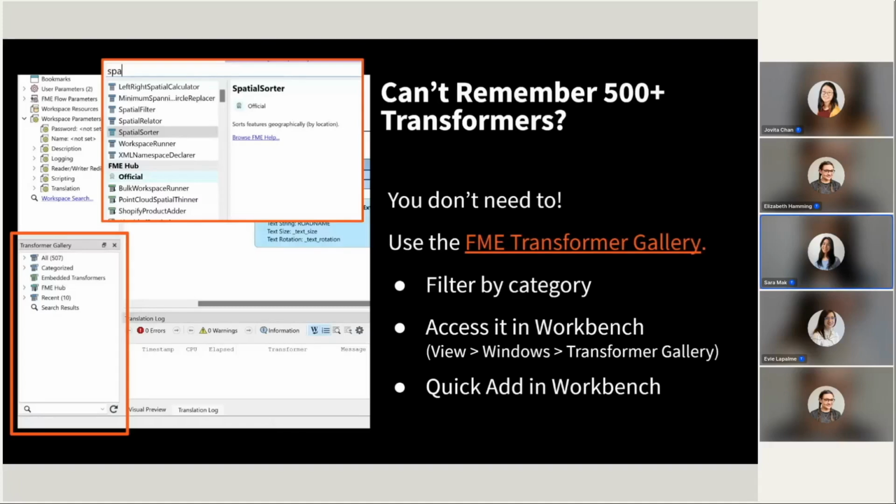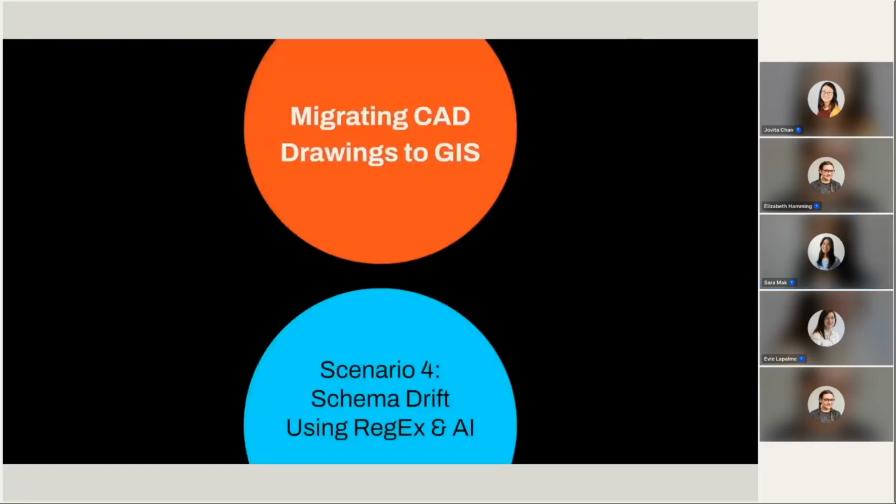So we really hope that these tools can save you from feeling lost when building your workspace or trying to figure out what transformer you should use next. And with that, I'm going to hand it over to Evie again to show you all how to handle schema drift. Thanks, Sarah. Yeah, so schema drift, we are going to use regex and AI to go over this next